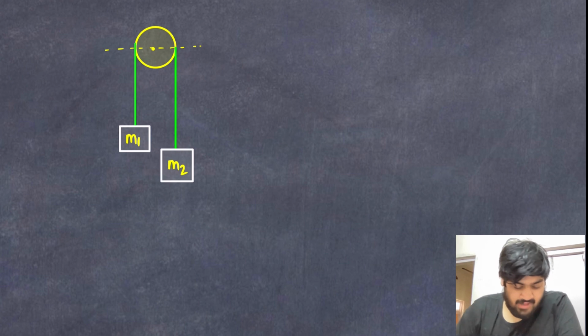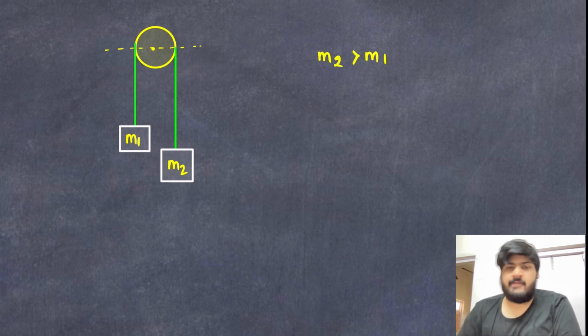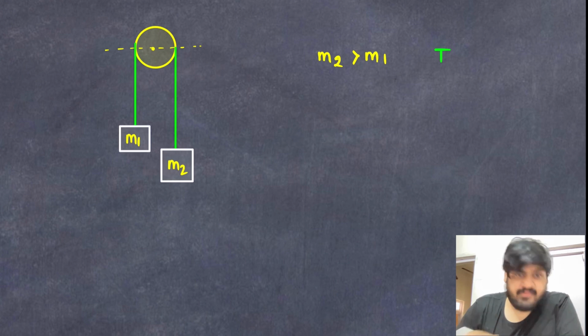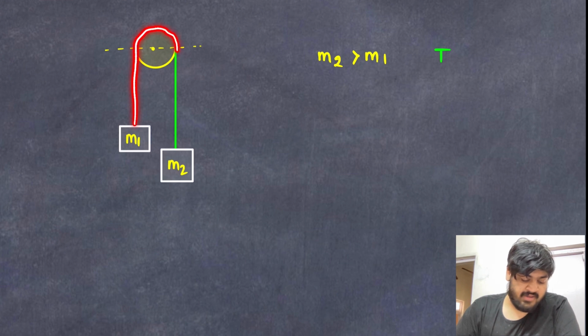So over here we have two blocks, one of mass m1 and the other of mass m2, and suppose m2 is greater than m1. So m2 का जो mass है वो is greater than m1 का mass. Okay, so now we need to find the tension in the string. So this is the string, right? ये string है अपना जो पुली से ऊपर पास करके सेकेंड ब्लॉक की तरह जा रहा है इस तरह, राइट?